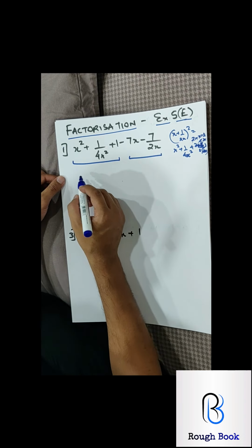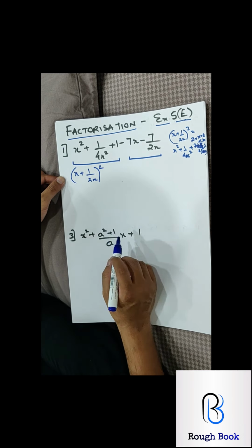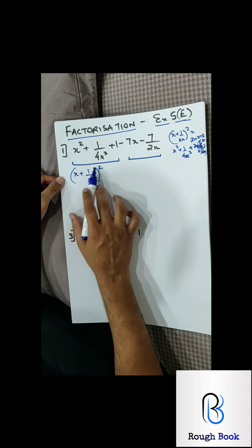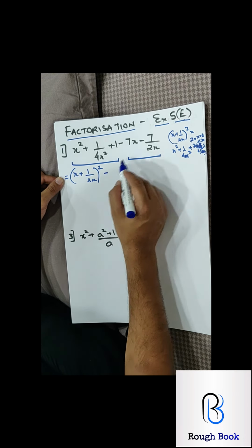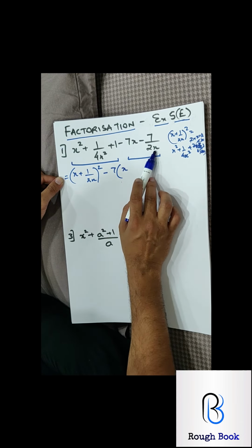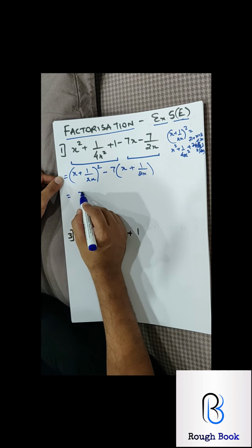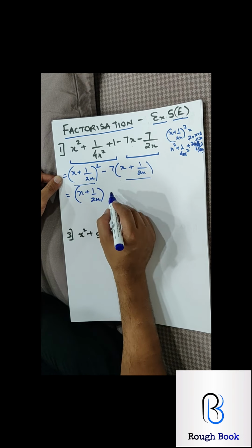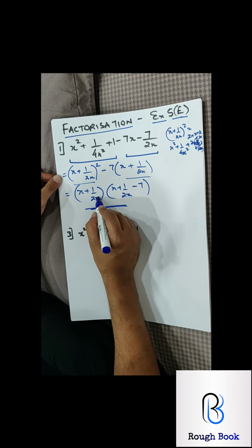So I can directly write this as x plus 1 by 2x the whole square. When you expand this, a square, b square, 2 times ab, x gets cancelled, 2 gets cancelled, so only 1. So I hope you understand this factorizing part. Minus 7 common. X, I can't pull this x common, it's in the numerator and denominator, both are separate. Minus has come out, so plus 1 by 2x. So what is left? What I can pull now common is x plus 1 by 2x. So here what is left is x plus 1 by 2x. Here what is left is only minus 7, and I can stop myself.